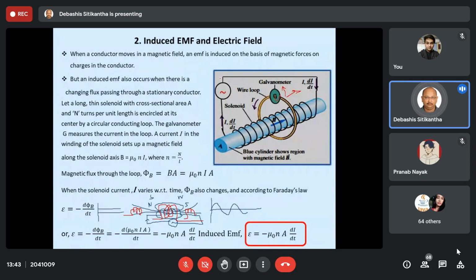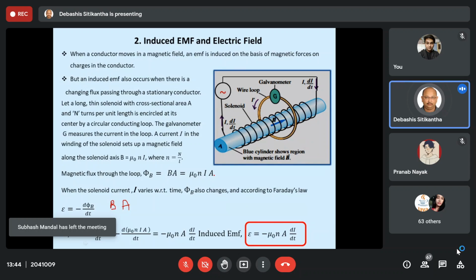Over here also we will make use of Faraday's law of electromagnetic induction in order to understand the concept. As I have told you, E is equal to minus d phi B by dt. This is Faraday's law, and this phi B, as you know, is nothing but B into A. Already I have taught you what B is in case of a solenoid or a coil. In that case B is given by mu 0 n i.